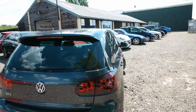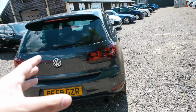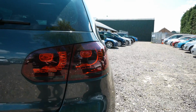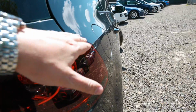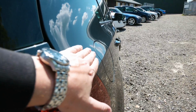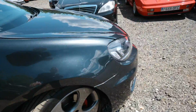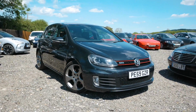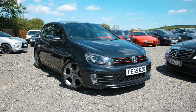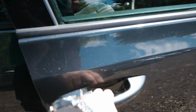One thing that kind of stands out for me with the looks of a Mark 6 GTI is how fat they are. They've kind of got this depth. I'm not going to say it's got wide arches or anything like that, but there's a bit of a ramp the whole way down the side of the car, just giving it a bit of fatness. It just looks quite fat, doesn't it? So I don't know, I like that. Indicators in the mirror, and then if you move on to the inside,